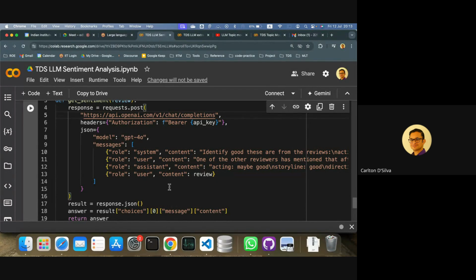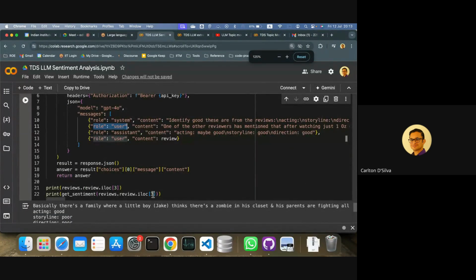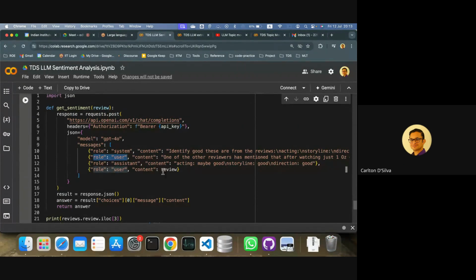And this one is slightly different from the previous object. Yesterday you would have seen that in this messages list that you're sending to ChatGPT, just role system and its content, and role user and its content. And today what we're seeing is some few additional things to help ChatGPT to get a more calibrated response to what we are looking for. So one of the things that you'll see here is in the prompt itself, we can see that